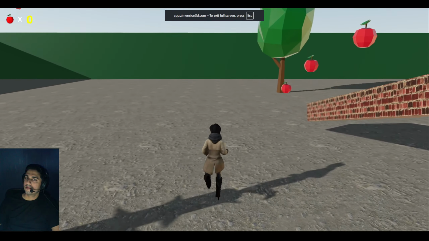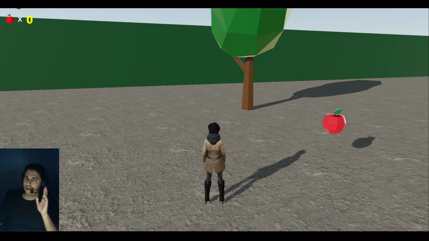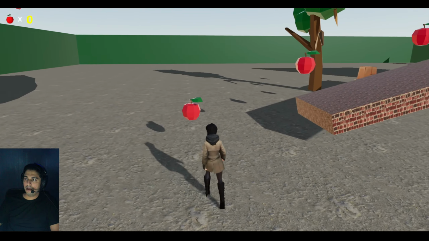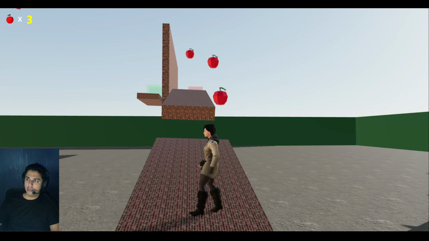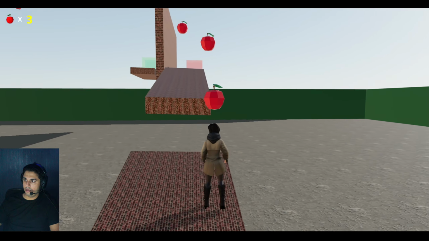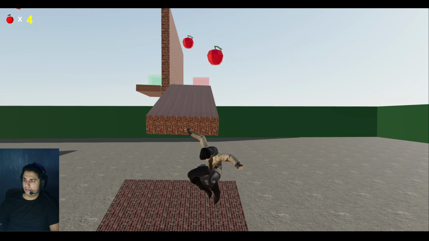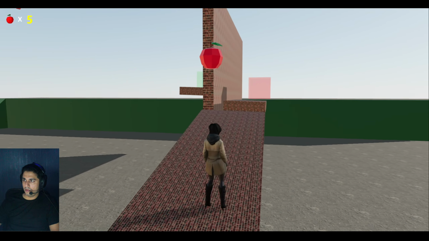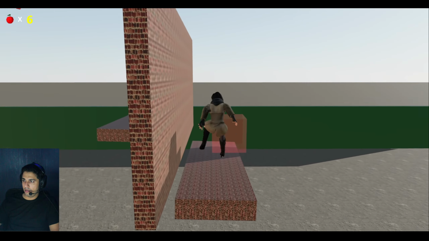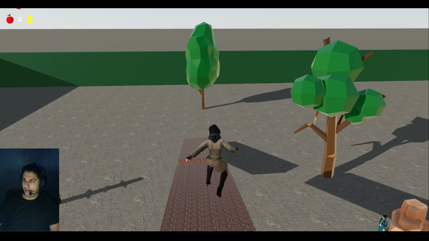Okay. So you can see on the top left corner, we have Apple count. It's 1, 2, 3. Check out the wall, huh? It should disappear. Okay, I'm making the leap of faith. Phew. Okay, so the wall didn't disappear.